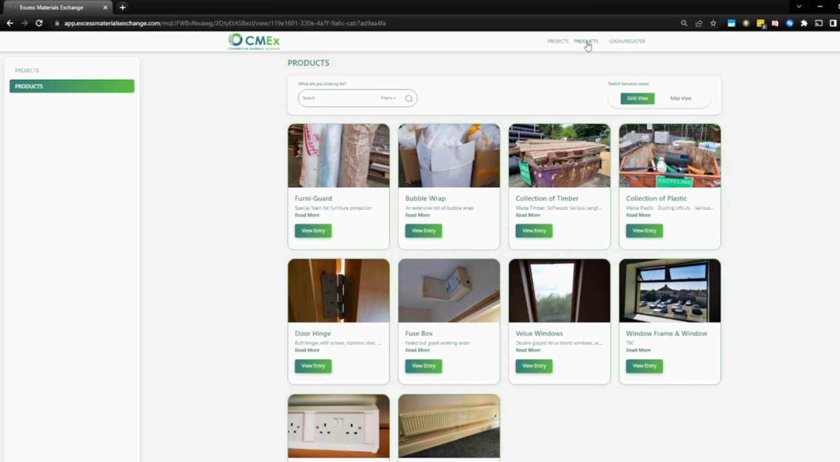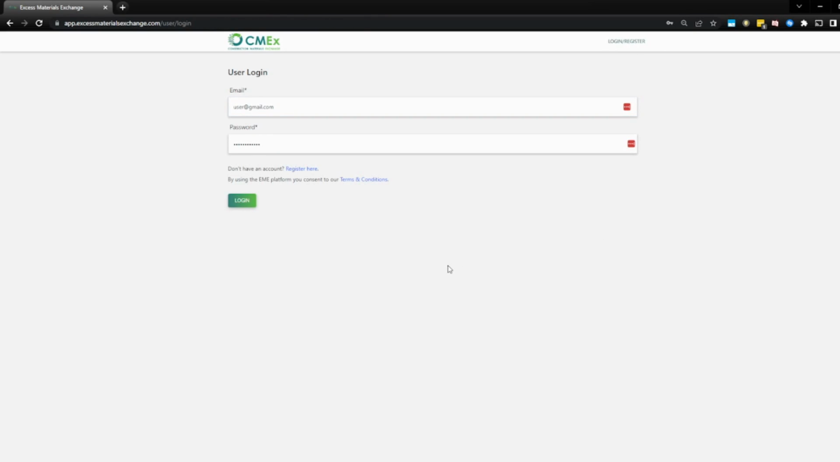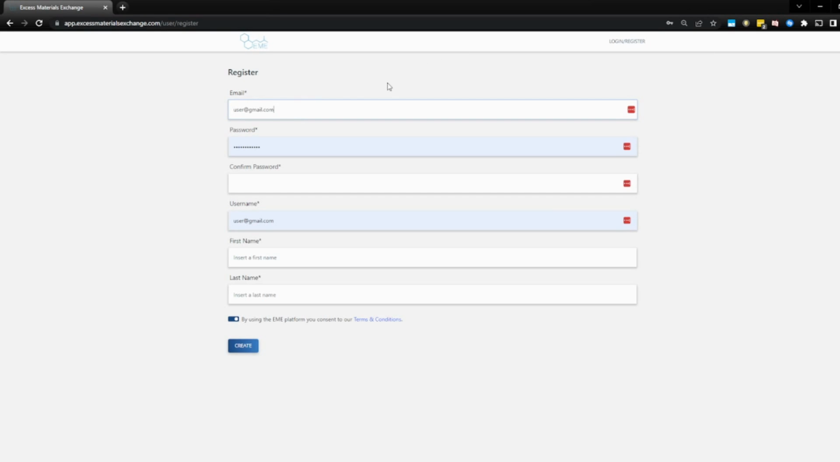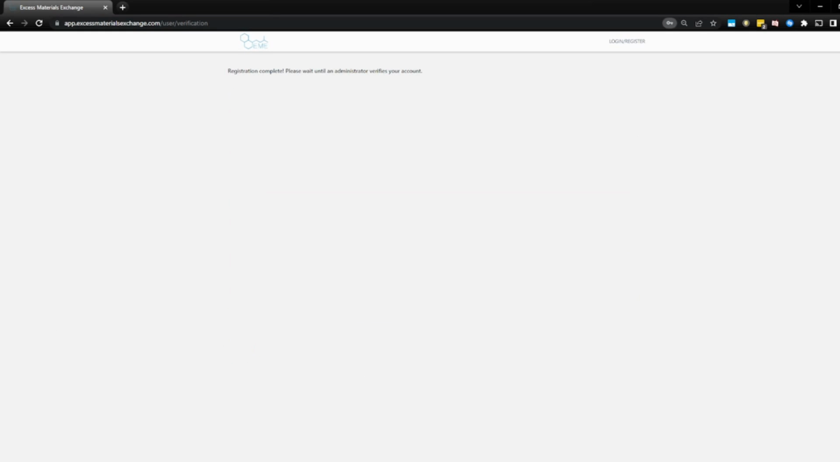And finally, let's go through the user registration process. So from our login form, we click the register here button, and we provide the information that is being requested. We consent to the terms and conditions of the EME platform and hit create. The system now lets us know that our registration is complete and we need to now wait for an administrator to verify our account. So I will now log in as an administrator and